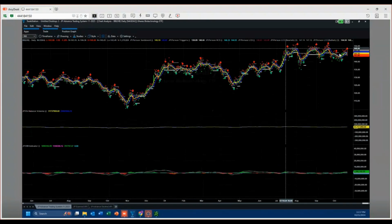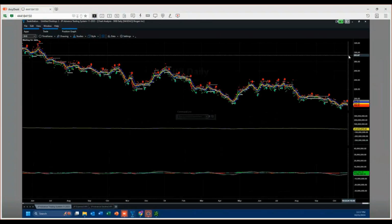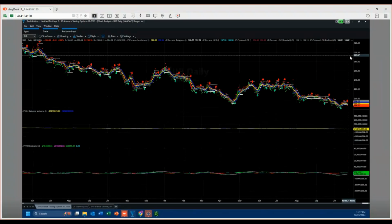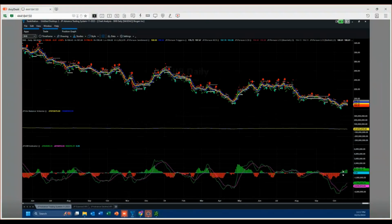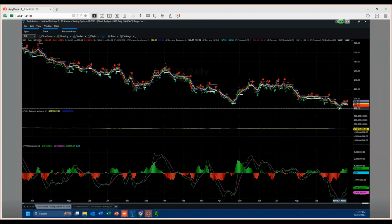look at this chart, gone nowhere, sideways fast. When you take a look at a behemoth, BIIB, Biogen for example, it's dropping down. Look at what the momentum of my volume indicators is doing. The lower it goes, or at least testing the lows,